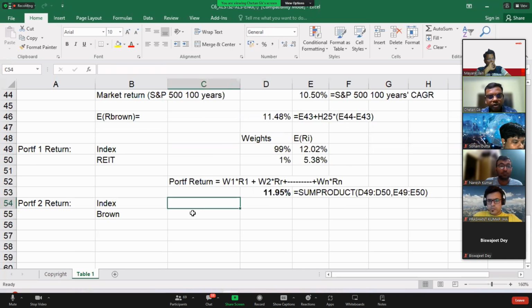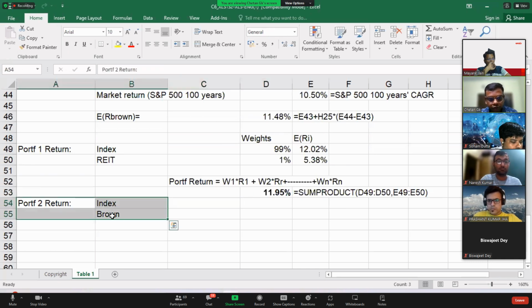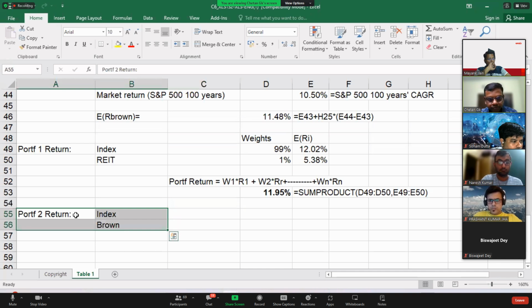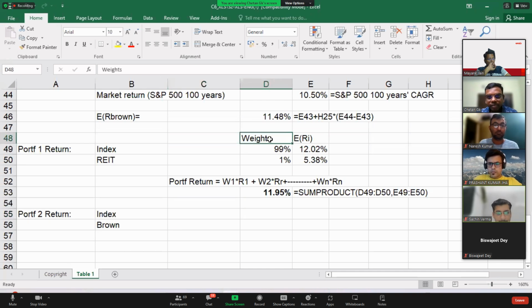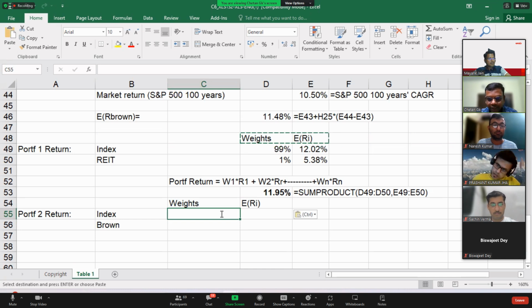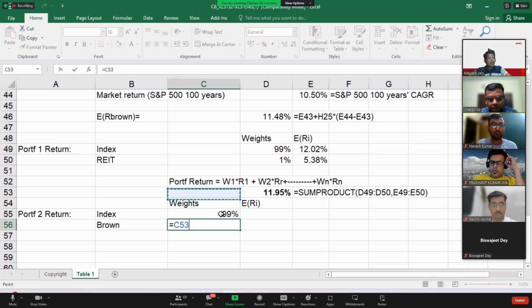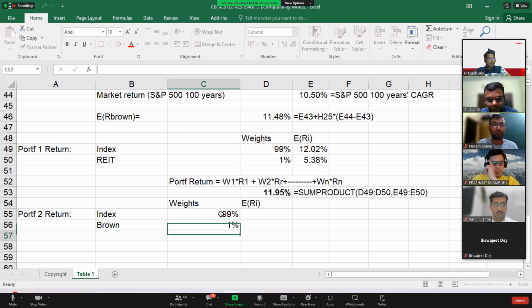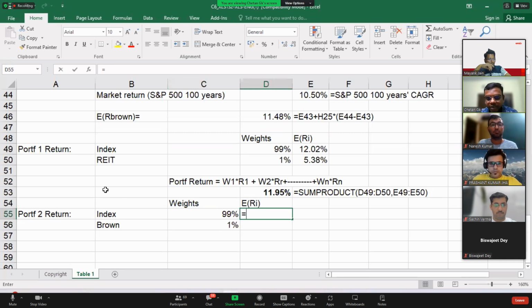So can you compute now with respect to this portfolio? Same, again, weights you have to take. And the return we should know. So for index, I'll be just taking as it is. And for Brown, the weight is how much? Again, it is 1%, right? So expected return of the index is the same as this.